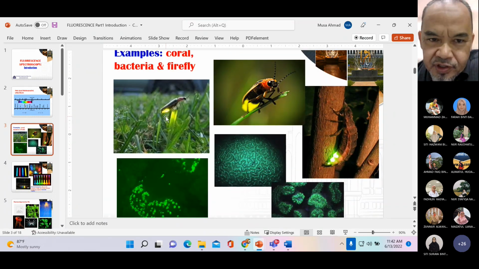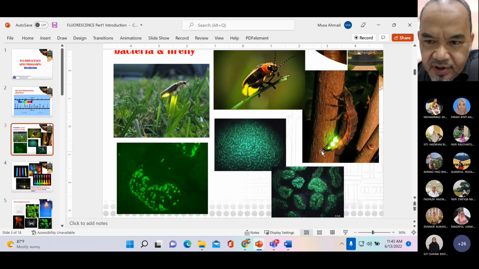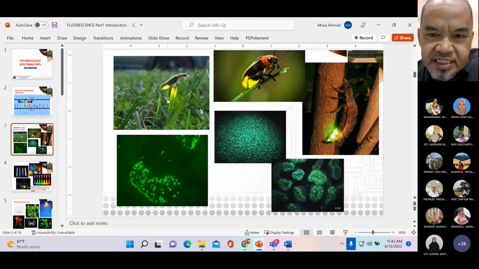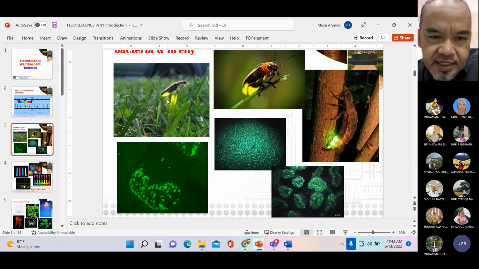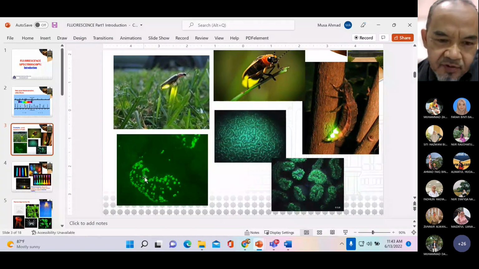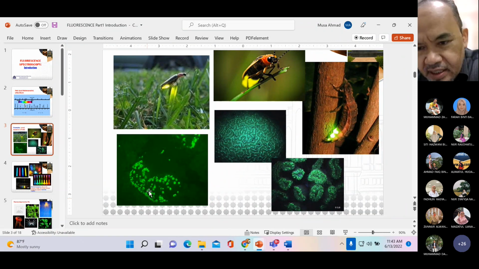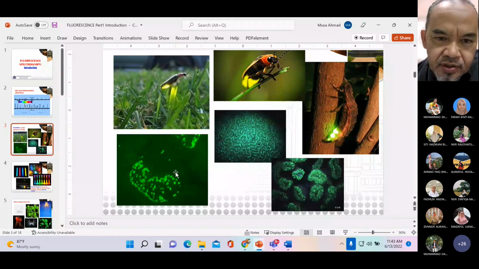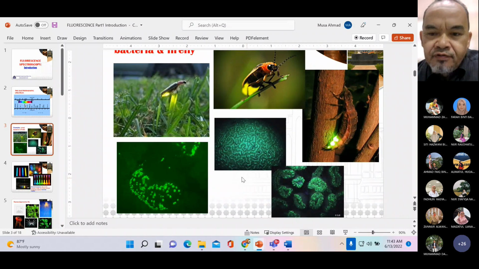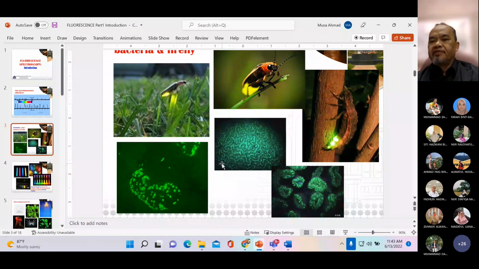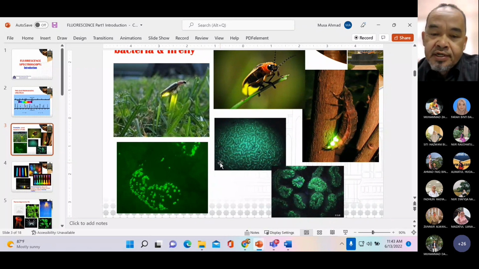Jadi basically, the purpose of having, this slide ni basically untuk dia panggil mates dia lah, okay, untuk tujuan pembiakan and so on. And apart from that, if you go to deep sea, okay, we'll see that some of the colony or bacteria, okay, they also fluoresce, okay, and even some macam obor-obor, okay, they also fluoresce. Okay? So subhanallah, this is all the fluorescent phenomena, okay, that occur in the environment, in the deep sea, and many others. In fact, some fern, okay, pakis also fluoresce.